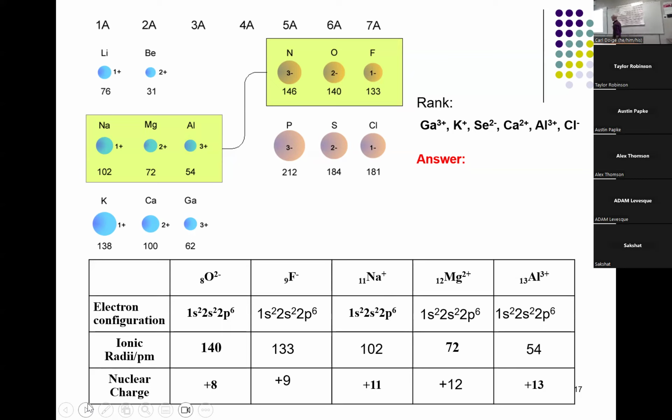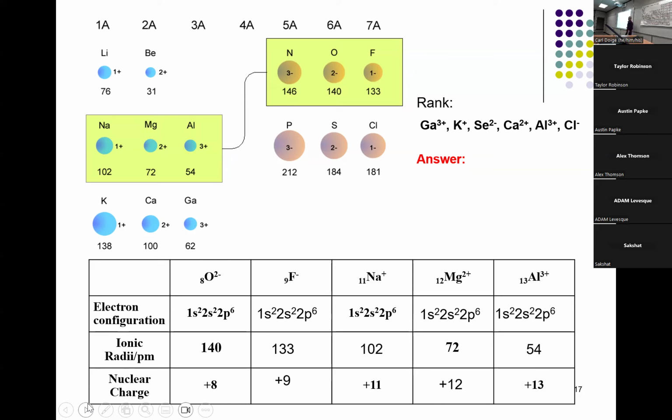Now, why do we compare that series? Well, can you suggest a reason why the particles get smaller across an isoelectronic series? Is it because there's more electron repulsion or less electron repulsion? The electron repulsion would stay the same, right? Same number, exact same number of electrons. Size gets smaller. What does change? The number of protons. Right?